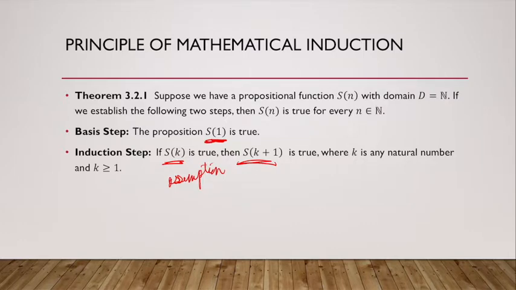So we need to prove first our basis step and then do this induction step. And we're going to do that for every single example that I have in this PowerPoint. So without further ado,